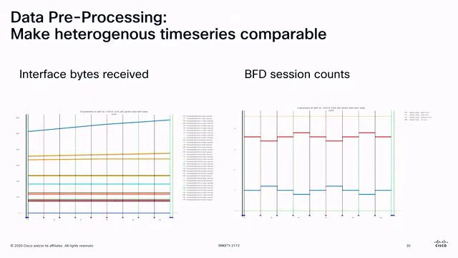So next thing up is not all the counters are created alike. So you have things that are monotonously increasing, like stats from interfaces. So almost everything that is traffic related always goes up. The question is, how fast does it go up? And then you have other counters like BFD session counts that go up and down. How many sessions do you have? Yeah, you lost one, you're down. You recreated one, you're up one. So that's more like status information.